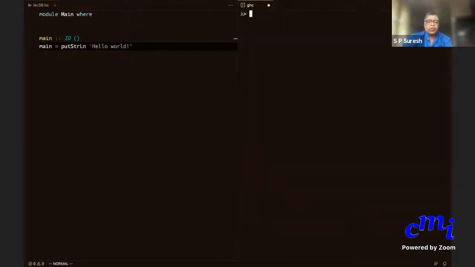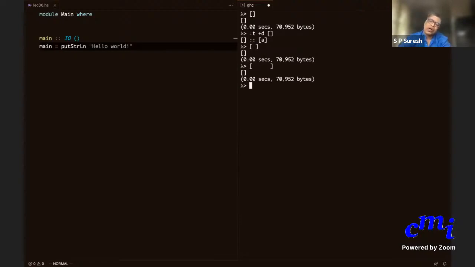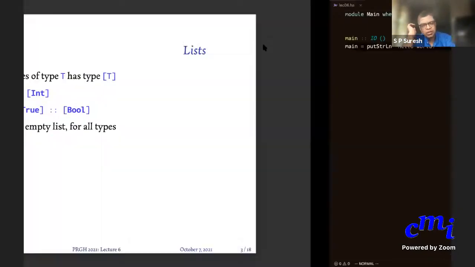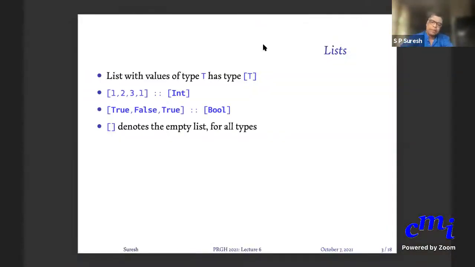And what more? Now this is the empty list. If you ask for the type of the empty list, it will say it is of type list a, no matter what a is. What is a? a could be anything whatsoever. Now, can I write it with spaces? Yes. So you see, you can put any spaces you want. As long as there are no entries in between the left square bracket and right square bracket, it denotes the empty list. Is it clear so far?